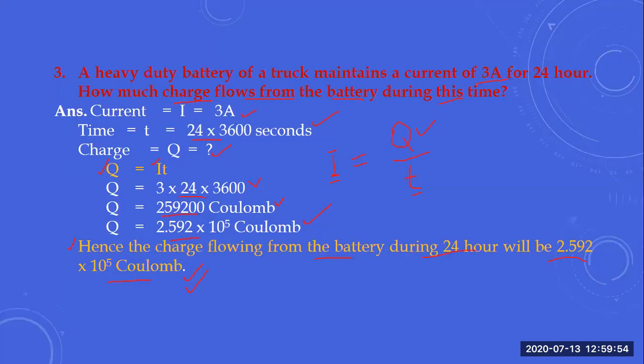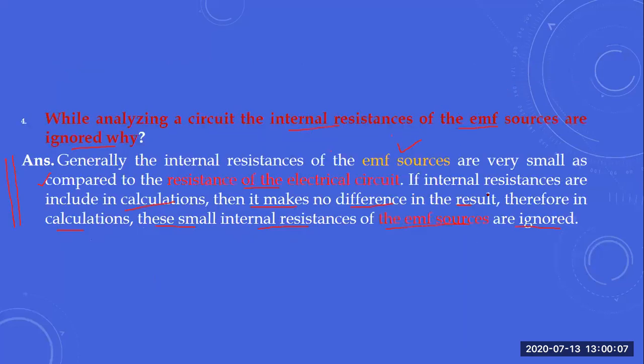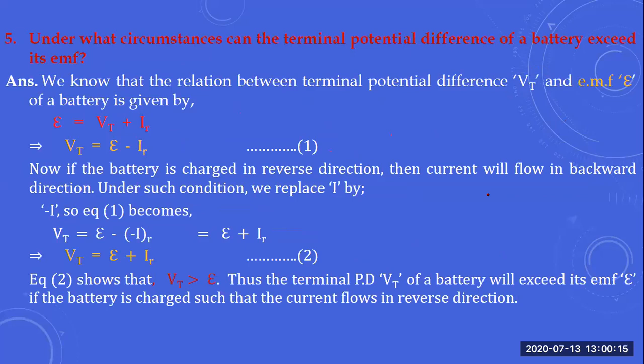For this class, we are discussing some of the important questions linked with electricity and current electricity. Here we have discussed how to calculate the number of charges. Then we discussed the role of the internal resistance of an EMF source. Under what circumstances does the terminal potential difference of a battery